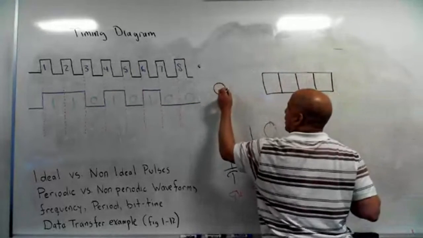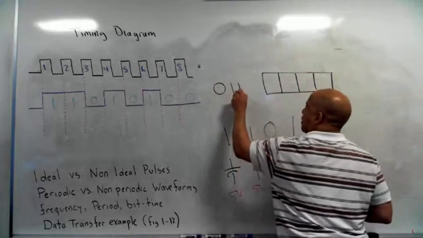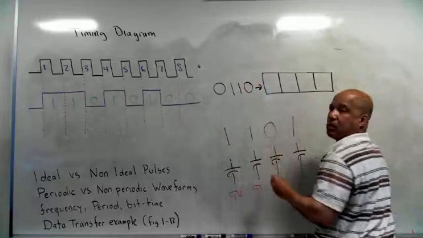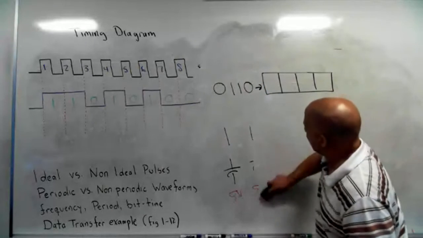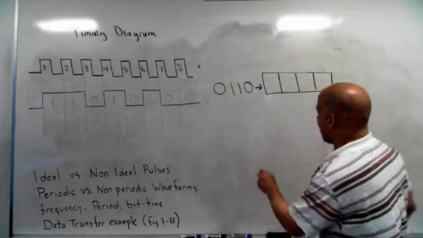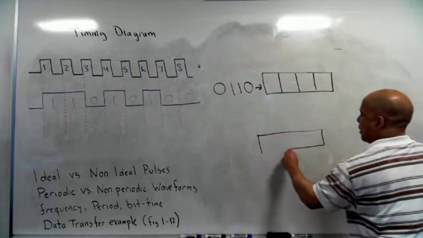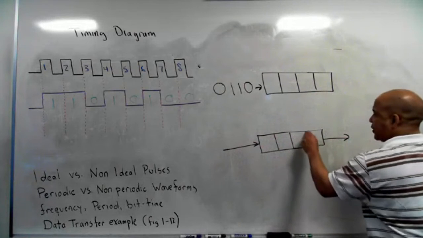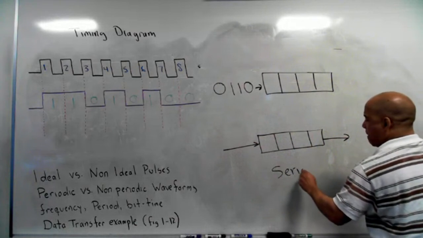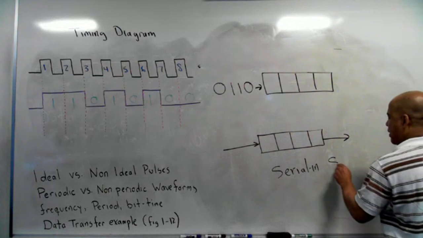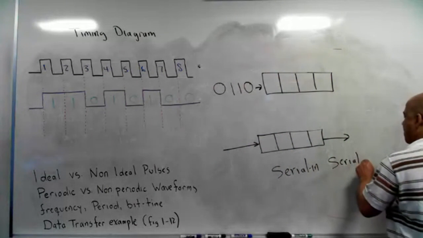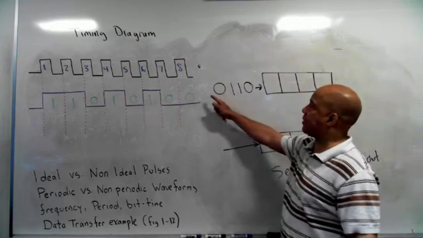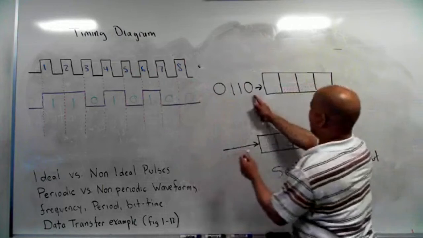So I go get a shift register, and I got this code. I want to put that digital code into my shift register. Well, one way to do it is to have one line in the register like this, one wire going in and one wire coming out. This is called a serial in, serial out shift register. And what happens is that every time the clock clicks one time, this bit right here